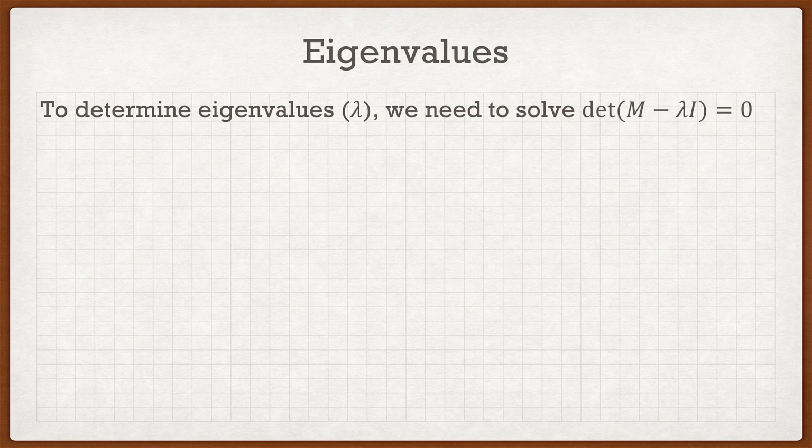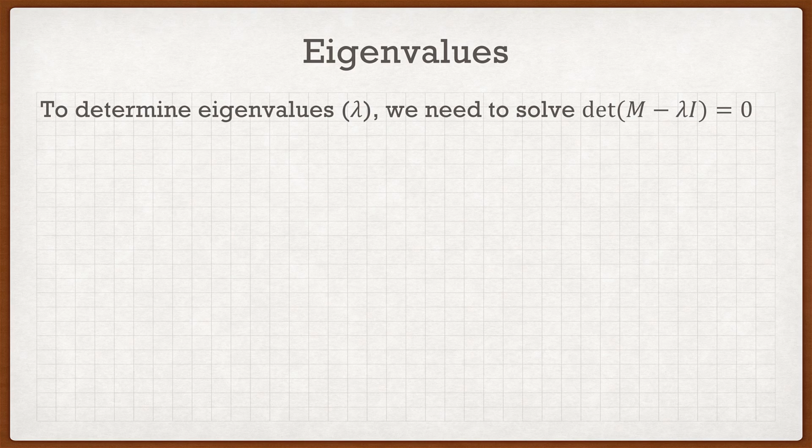And this is where students get a little bit more confused, because determinants we've dealt with so much. It's a simple calculation and results in a nice little scalar. We like determinants, so they're nice and easy to do. But eigenvalues involve a little bit more work, and as a consequence, everyone doesn't like them. So to determine an eigenvalue, which we're going to denote as lambda, we need to solve the following equation, which